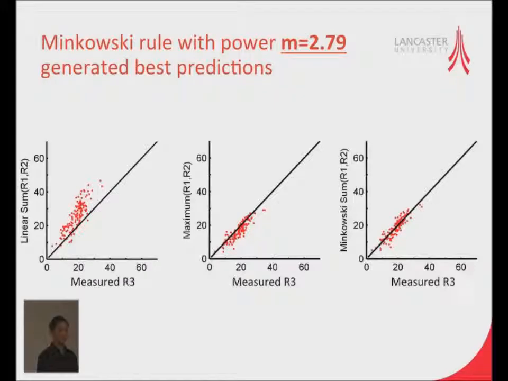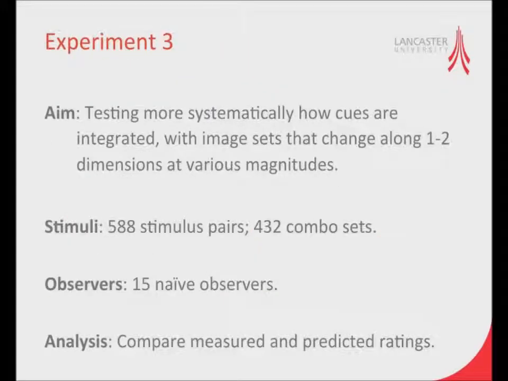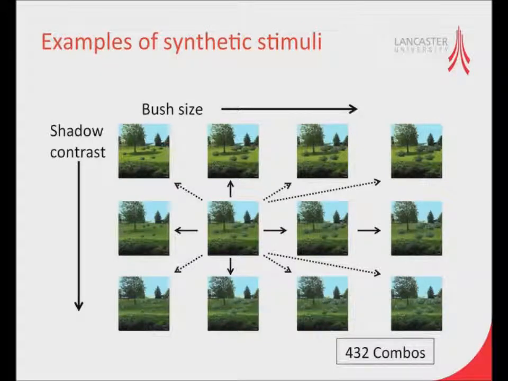Okay. So I ran a third vision experiment, because in the first two we had random types of changes, with random magnitudes. So you could have a bright color change or a small color change, and you could have shade changes. But I wanted to do this more systematically. So in this case, what I did was I used synthetic stimuli, where I could alter something like bush size. Okay, so this is the original image. I can make the bushes smaller or larger. And along a different dimension, I can alter the shadow contrast. So the shadow contrast is very high here, and it's much lower there.